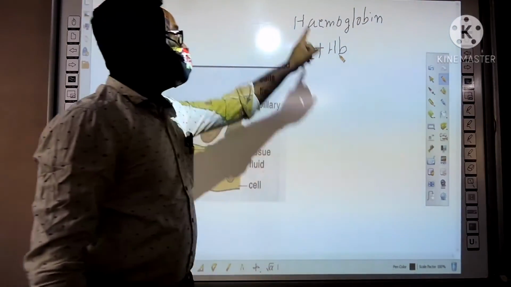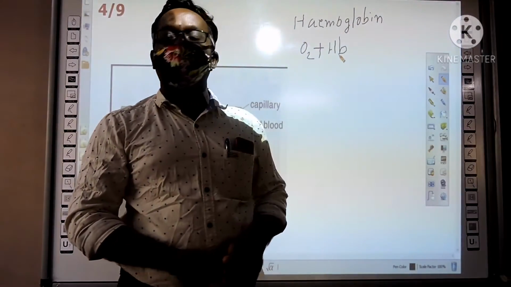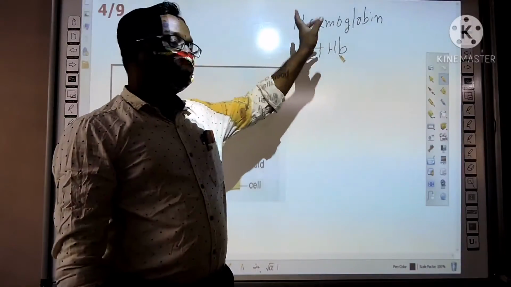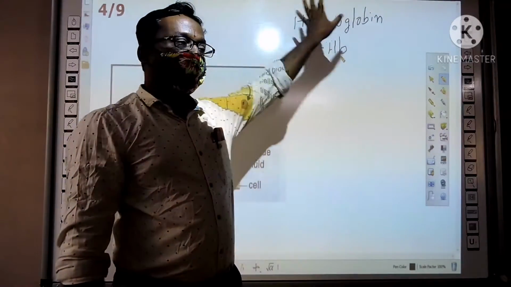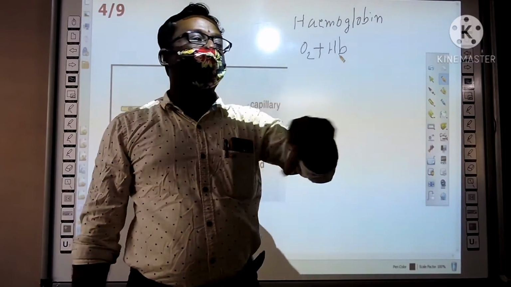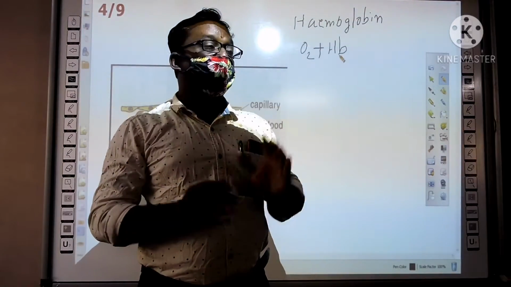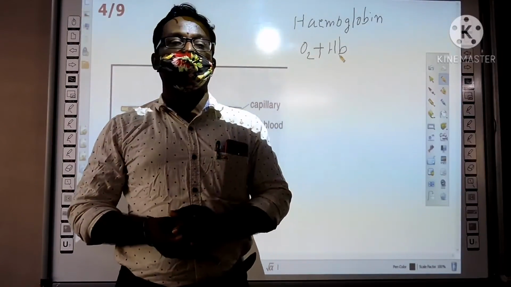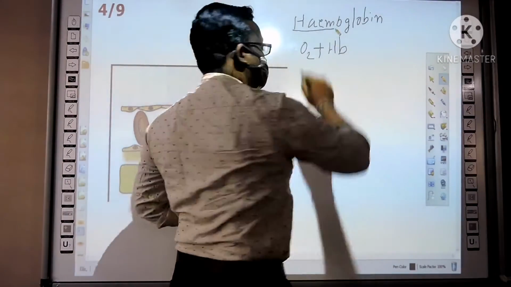Here you have to know one point about hemoglobin. It gives a red color to the blood. Not only that, it transports the gases also. The structure of the hemoglobin protein is related to the chlorophyll pigment in plants. The difference is chlorophyll has magnesium. In hemoglobin, iron is there. Iron. That is the difference.